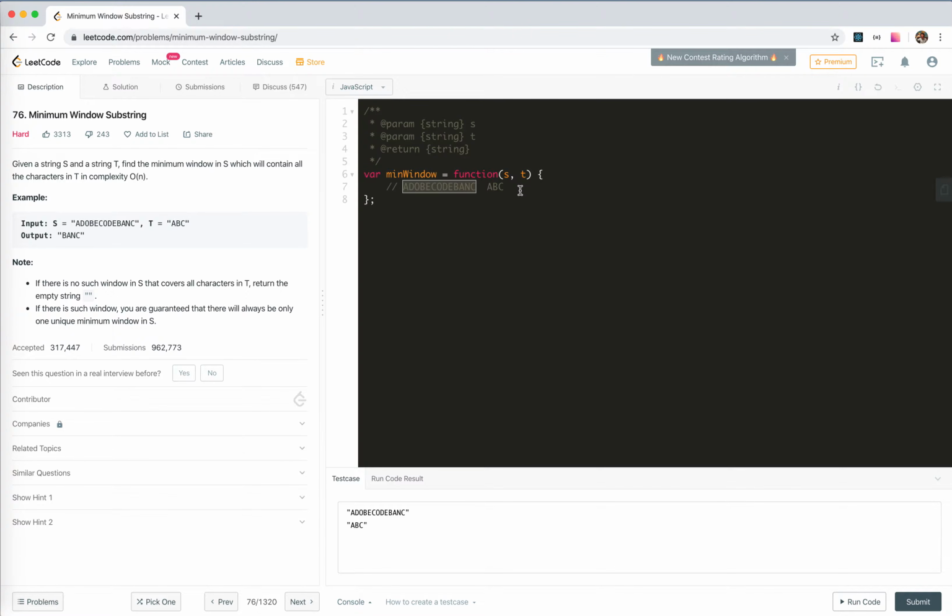What if there's duplicates like A, B, C, B? That means that there must be double B in this string. It's also valid in our case. So our problem becomes, a naive solution comes to mind: we need to count the occurrence of the characters. If we loop through